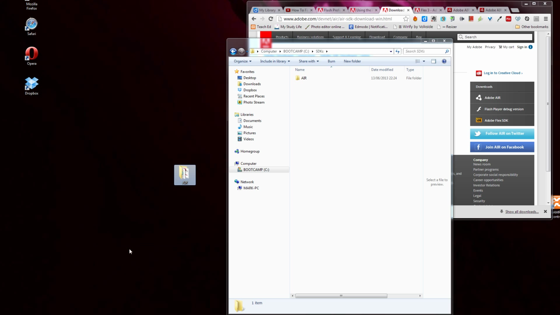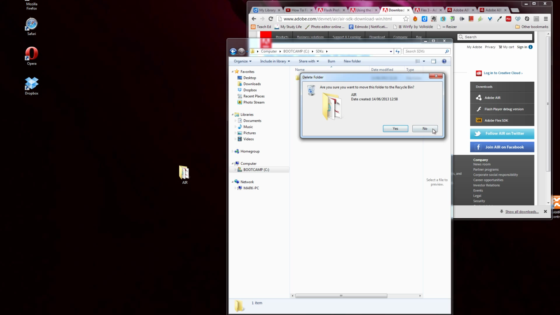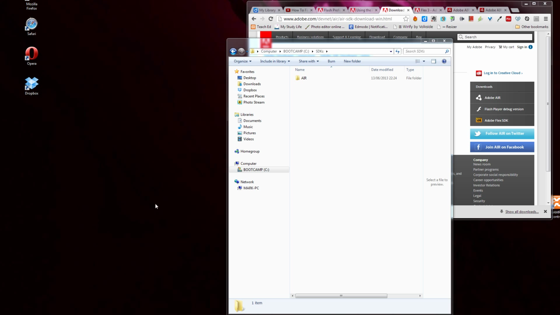I'm just going to delete this. So I extracted the files, saved them into a folder called A on my desktop, and moved that folder onto my C drive into a folder called SDKs, small lowercase s. Right, the reason that I did that is because